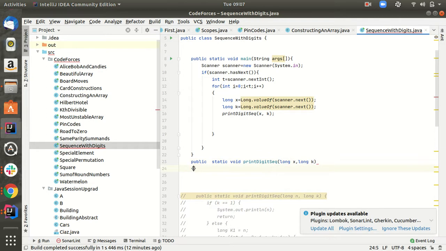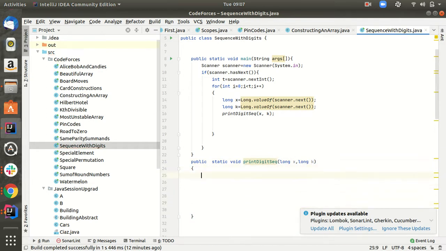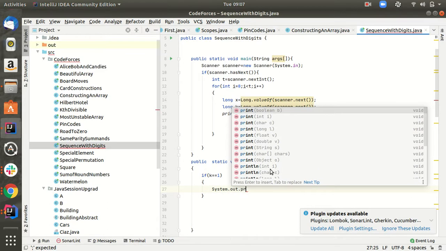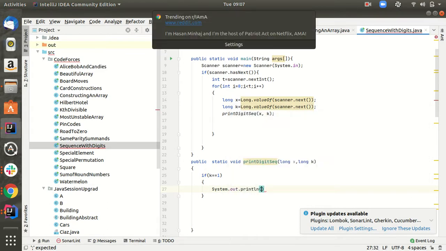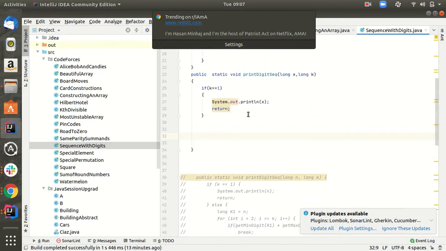Now, if k is equal to 1, we can just print x and return, because we don't need to calculate anything. System.out.println(x), return. Else, we will be recursively calculating the values from k equal to 2.